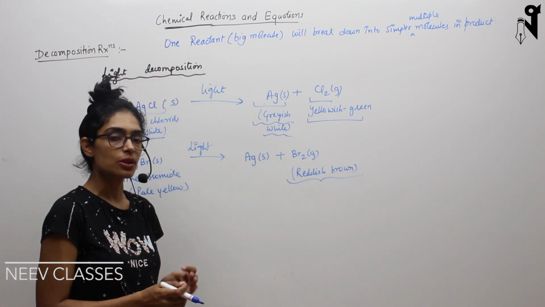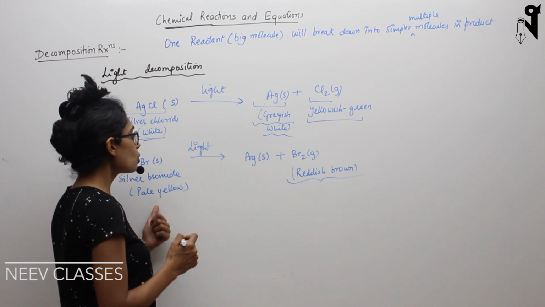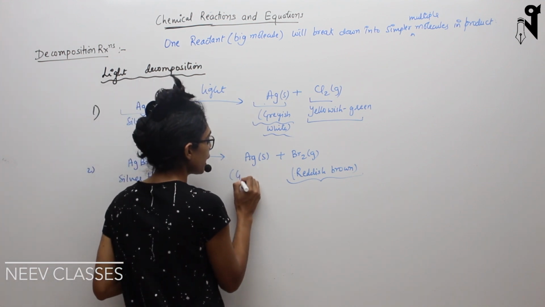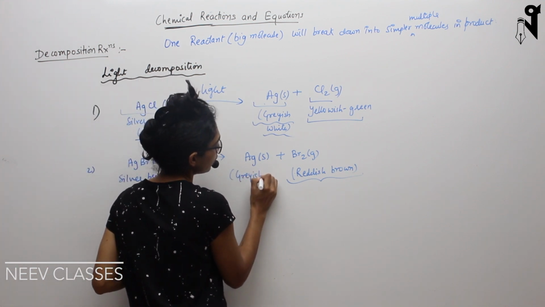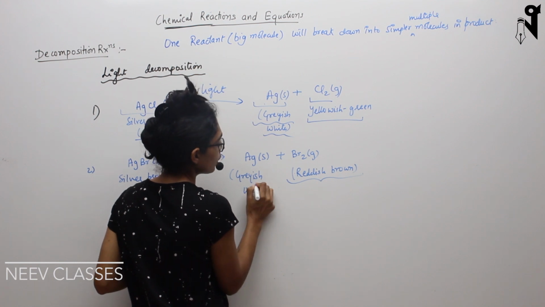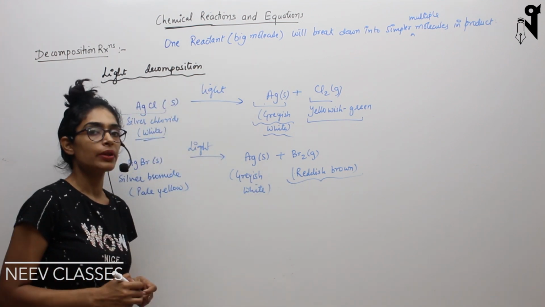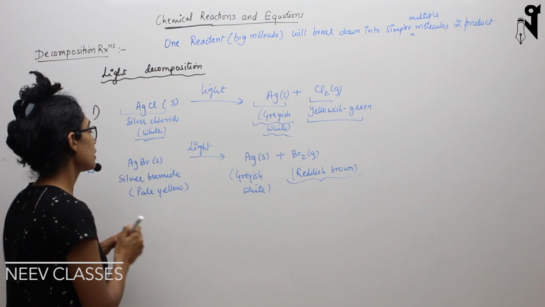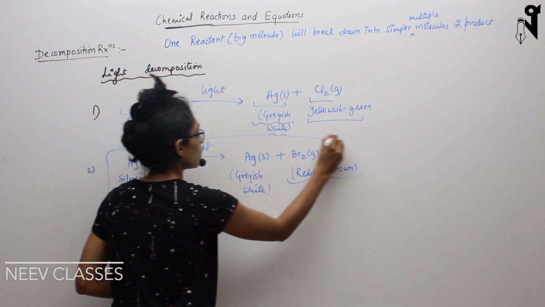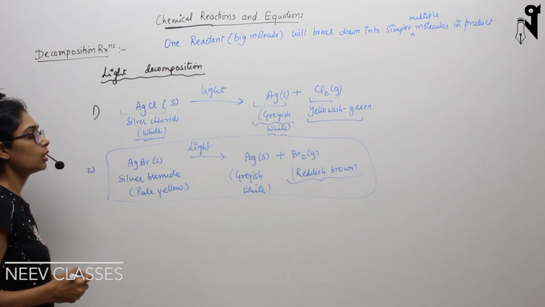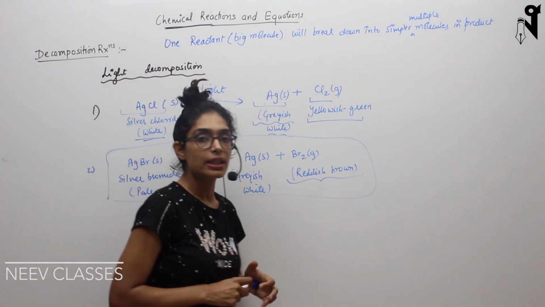So again this will be a very visible reaction, in which your yellow solid has got converted into a grayish white solid with the release of reddish brown gas. This specific reaction, the one we are talking about, involving AgBr,